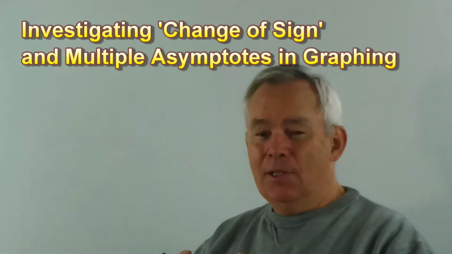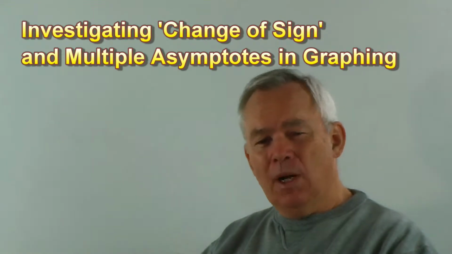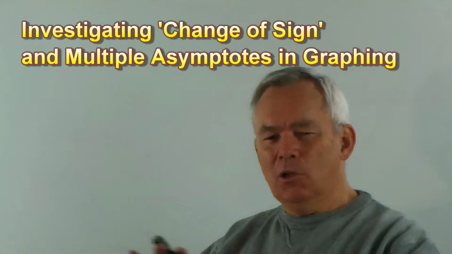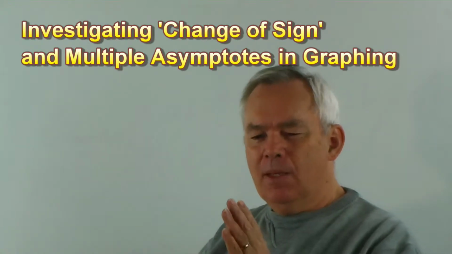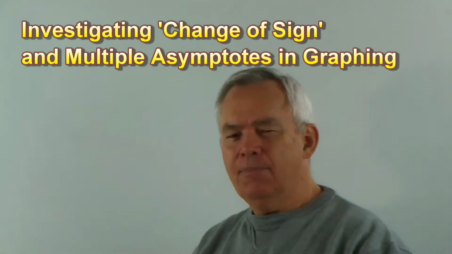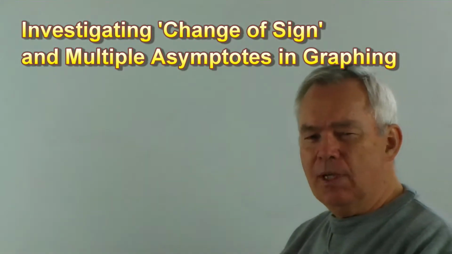This particular video is going to be quite a short one. We're going to look at one function to explore what happens when you have multiple asymptotes and a change of value in the numerator of these particular kinds of functions. Now,